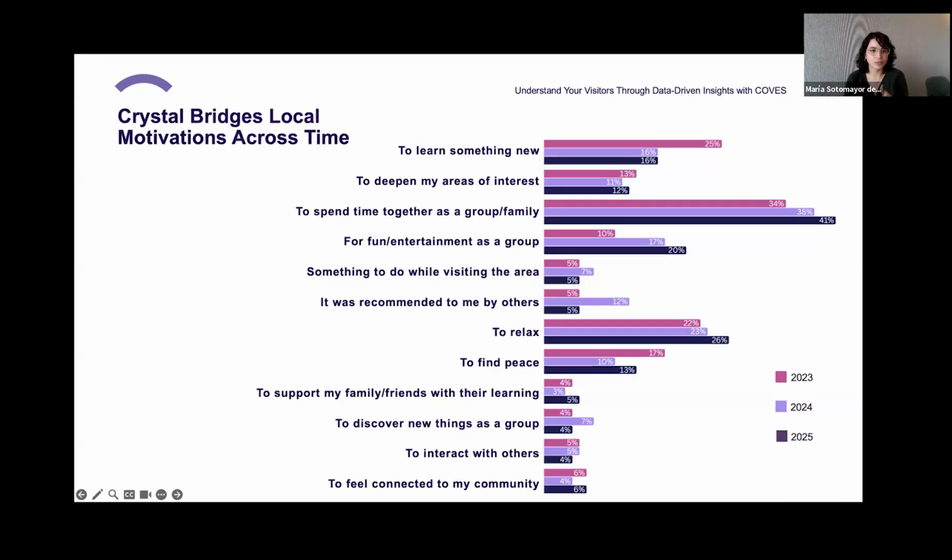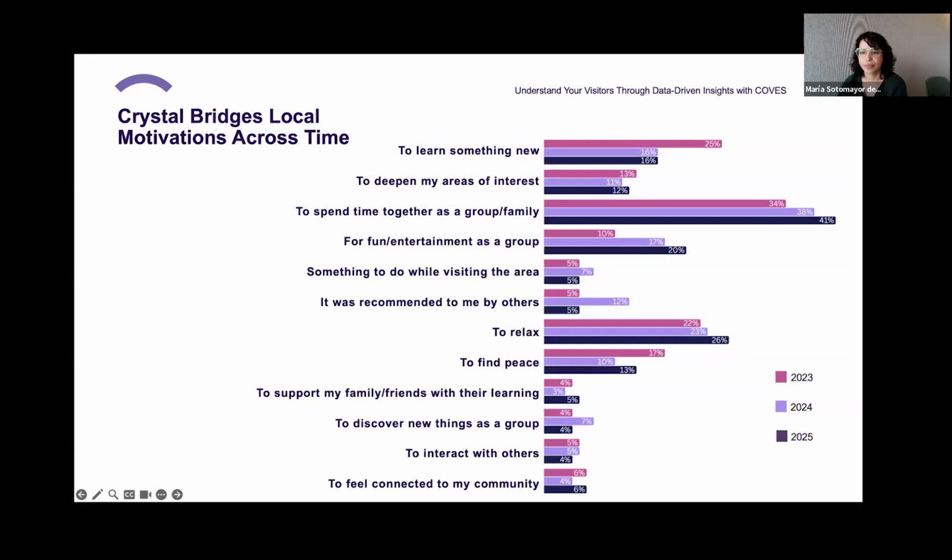So, asking yourself those questions can help you lead to different conclusions and help you make different decisions. And this is why at our bridges, I always like to emphasize that the more data, the better, especially when it covers a long period of time like this. When you've been collecting data for the past 3 years, you get to have really nice charts like this, where you can look at your data and your visitors from a very bird's eye view and see what's